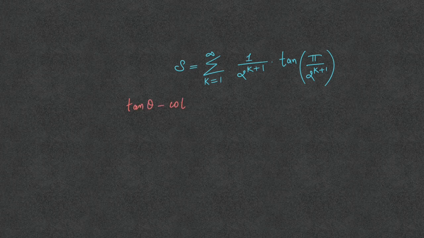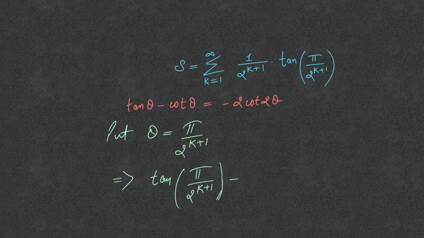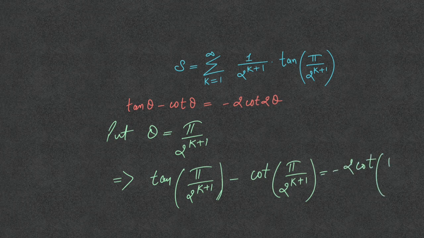tan theta minus cot theta is equal to minus 2 cot of 2 theta. This is an identity. Put theta is equal to pi upon 2 raised to power k plus 1 for simplicity. This implies tan of pi upon 2 raised to power k plus 1 minus cot of pi upon 2 raised to power k plus 1 is equal to minus 2 times cot of pi upon 2